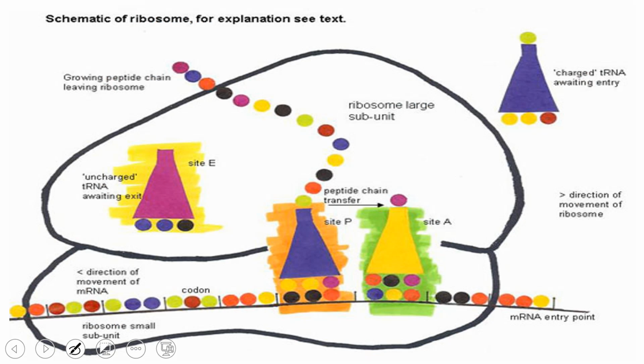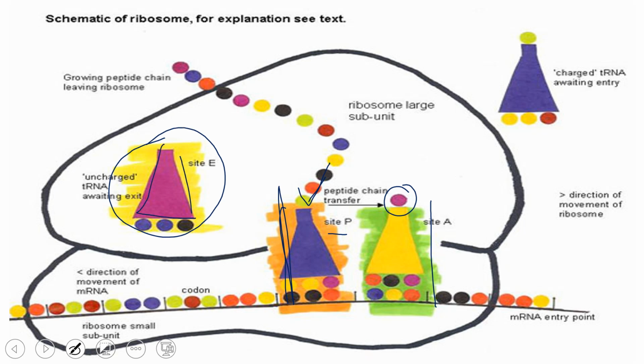ribosomes. So this is A site. So first the amino acid will come here. This is P site, which is present on the large and small subunit. Peptide bond will form here. And this is E site, exit site. From here, this bottle-like unit you are seeing is the tRNA. So this tRNA, which will be without amino acid, will exit from here. So this is called the E exit site, E site.